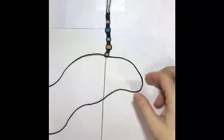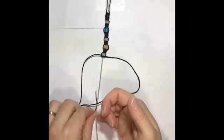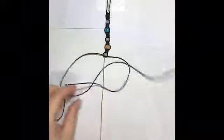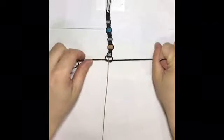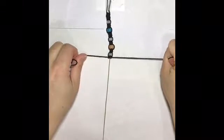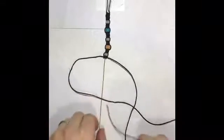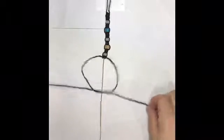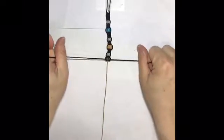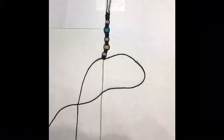Triangle on the right, cord over the top on the left, and then underneath through the triangle, tighten. Triangle on the left, cord over the top on the right, underneath and through the triangle, tighten. Okay, cord on the right on the triangle, cord on the left over the top,